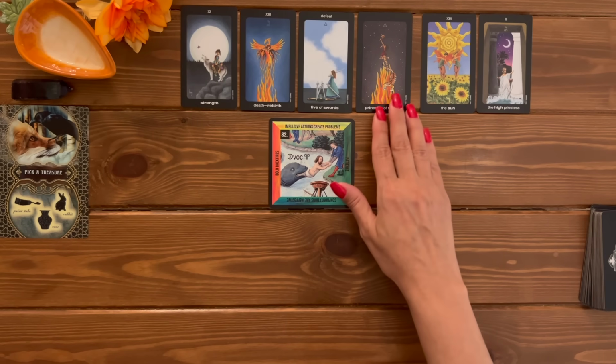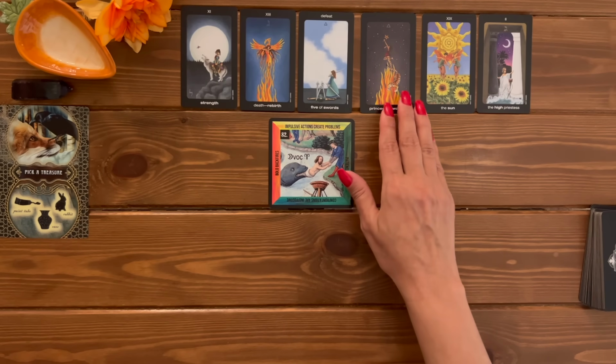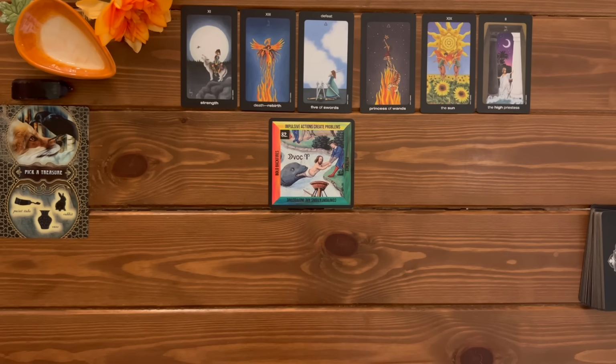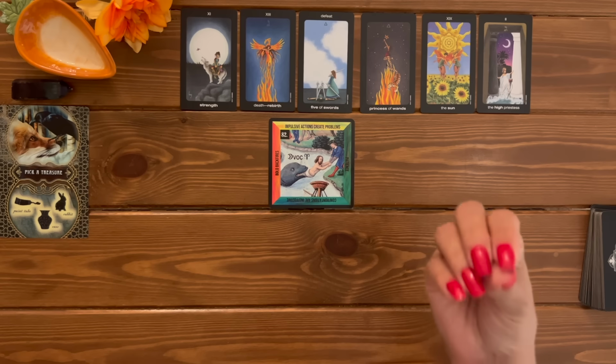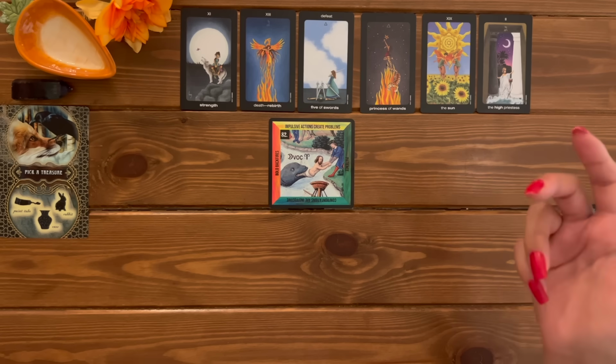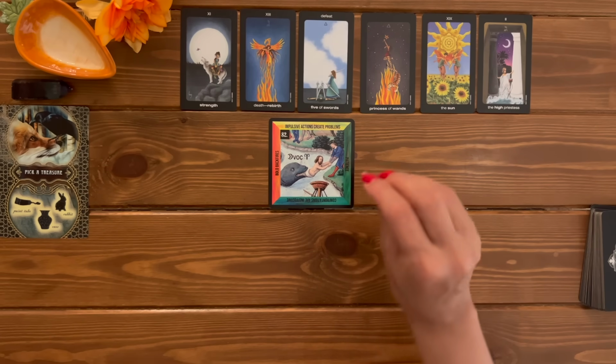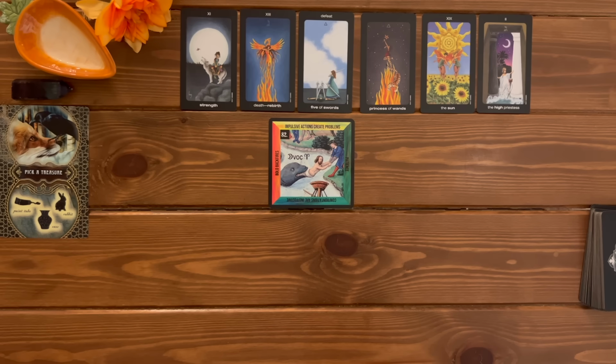The weirdest thing that's going to happen is actually not your move that's going to put you in the strong position. That's why you're guided to move slowly. Don't rush. This person or this thing is going to make a mistake soon. You can see with the Princess of Wands, which is the earth part of fire, that,